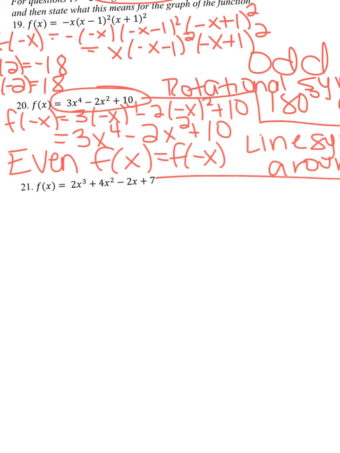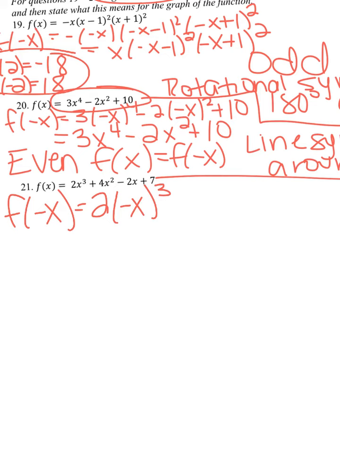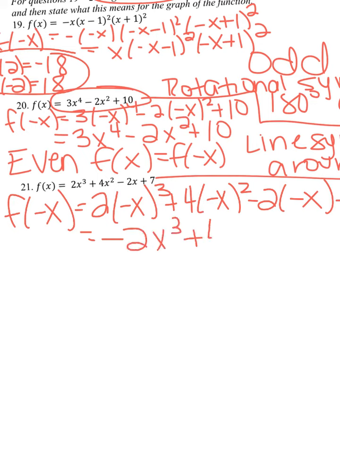Okay, and then last one, number 21, we have 2x to the third plus 4x squared minus 2x plus 7, I'm sorry. So I'm going to plug in negative x. I have to plug in negative x, so everything I'm writing, I have to, except for this piece up here. That's for your own knowledge. So I'm going to plug in negative x. So this is 2 times negative x to the third plus 4 times negative x squared minus 2 times negative x plus 7. So this ends up giving me negative 2x to the third plus 4x squared,